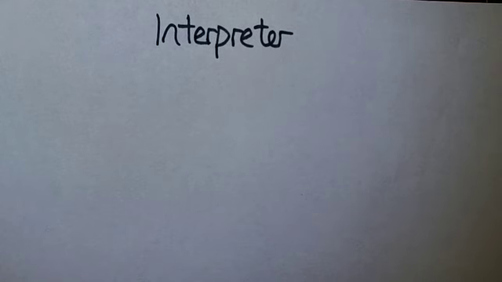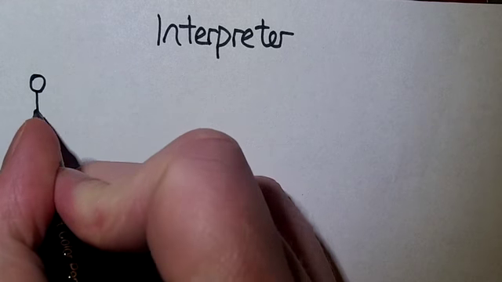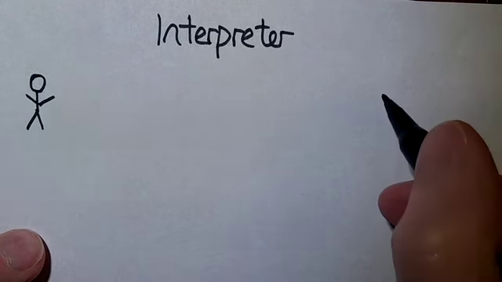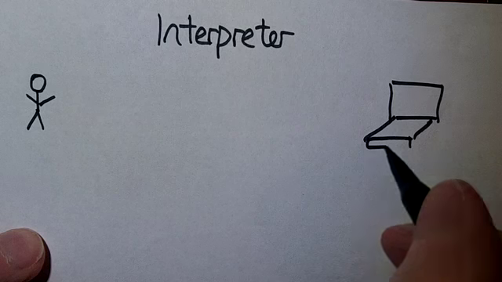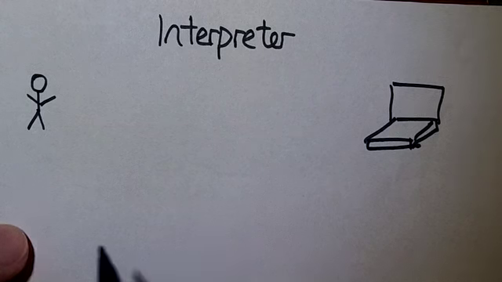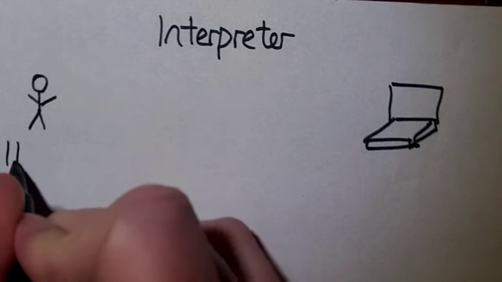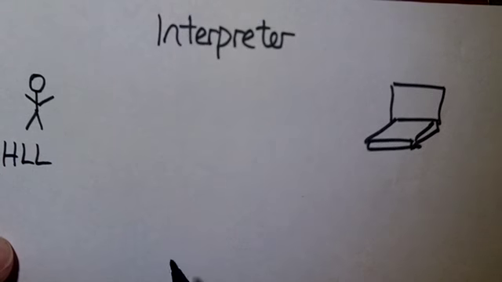Now, this is how an interpreter works. So, you've got your programmer on one side and your computer on the other. Now, we've established that a human programs in a high level language, which we can just call HLL. So, how an interpreter works